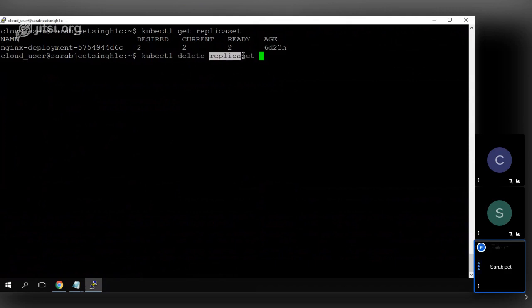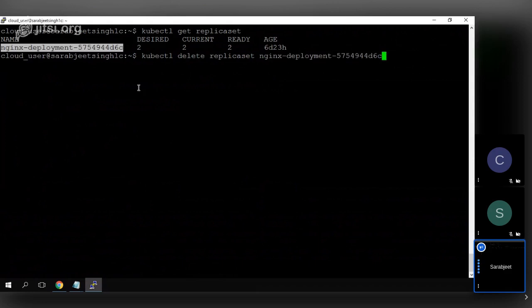So just remember that one, because it becomes a little bit confusing when we run the docker command and we are using Kubernetes as well. So kubectl delete replica set, and I want to delete this replica set. Okay, so it is deleted now. And now if I do get pods,